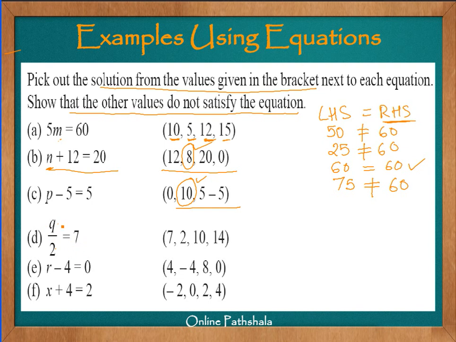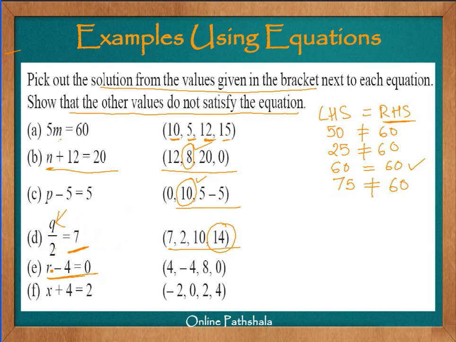Therefore if q equals 14, then this equation would be satisfied. So in this case, out of these four, 14 is the solution of this equation, q by 2 equals 7. Whatever other values you put, it's not going to satisfy the condition on this variable q such that it results in 7. Okay, now let's take the e, which says r minus 4 is 0, and this is